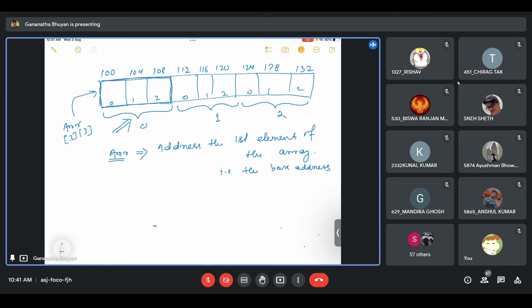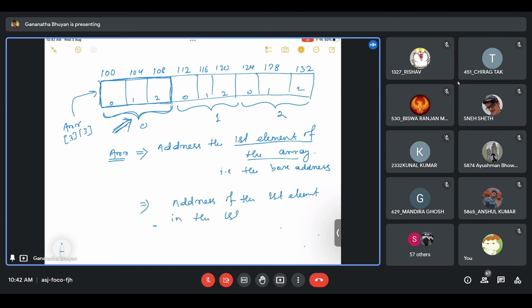Because in the last class I told you I do not need to store the address of each and every element of the array to access the elements in that array. I just need to store the address of the first element. You remember that, right? So when I am asking the address of the first element of the array, it basically gives me the address of this array only,